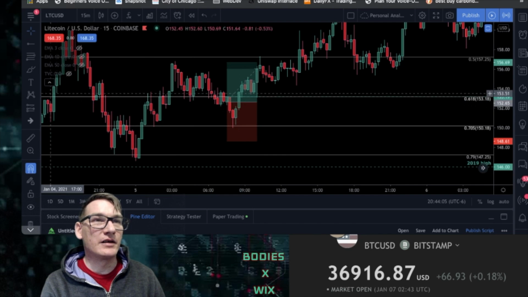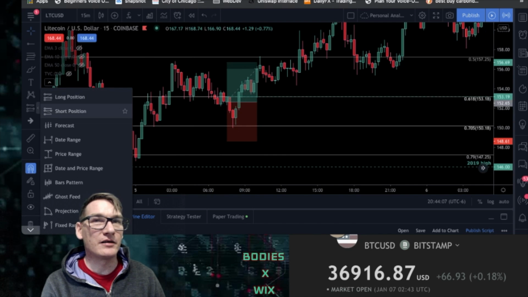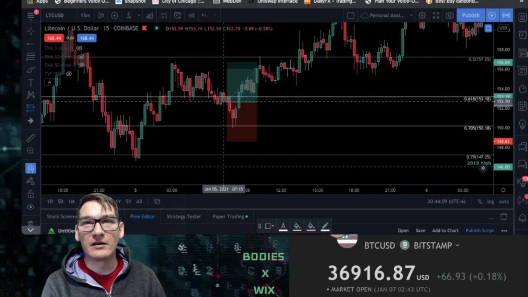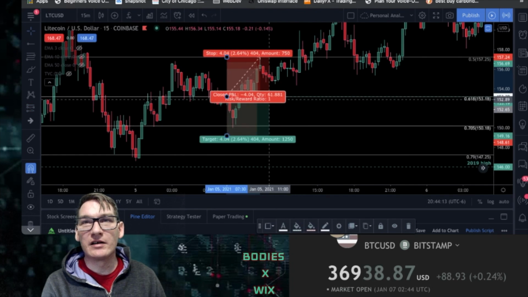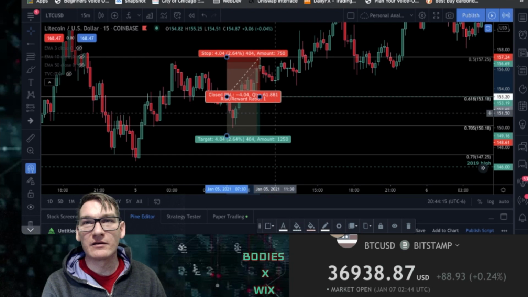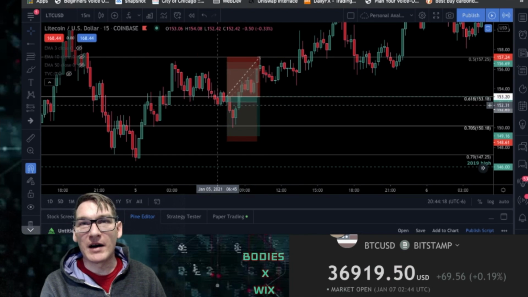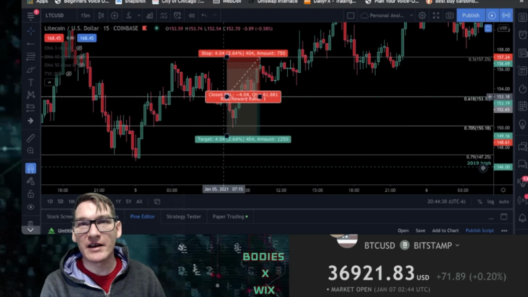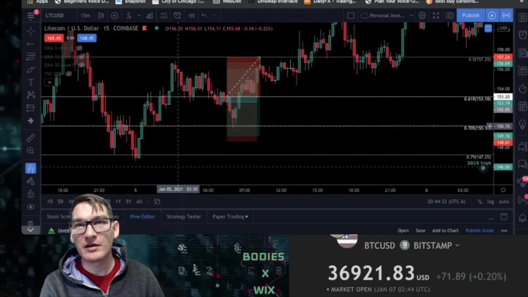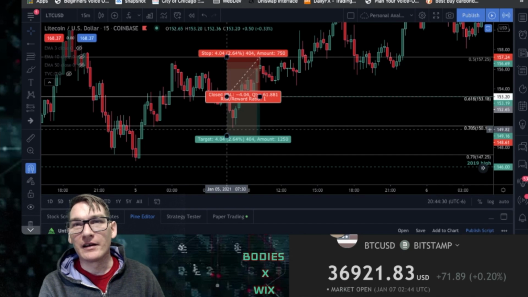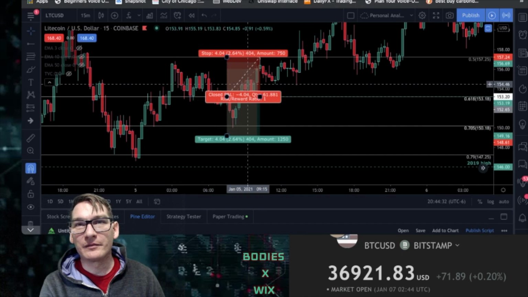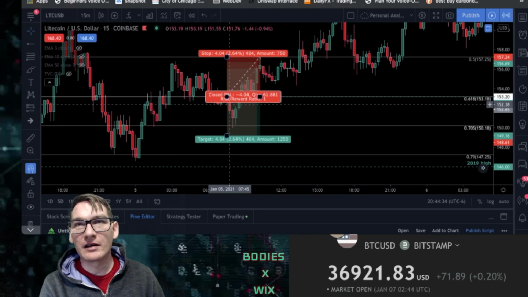And then what they do is at the same time, they also put in a short position right here. So they put in this short position, right? So they buy, and then they sell at the same time. They buy, they push it up, and then they sell and hold it, so that way they don't get knocked out of the trade, right? That way when it comes up,